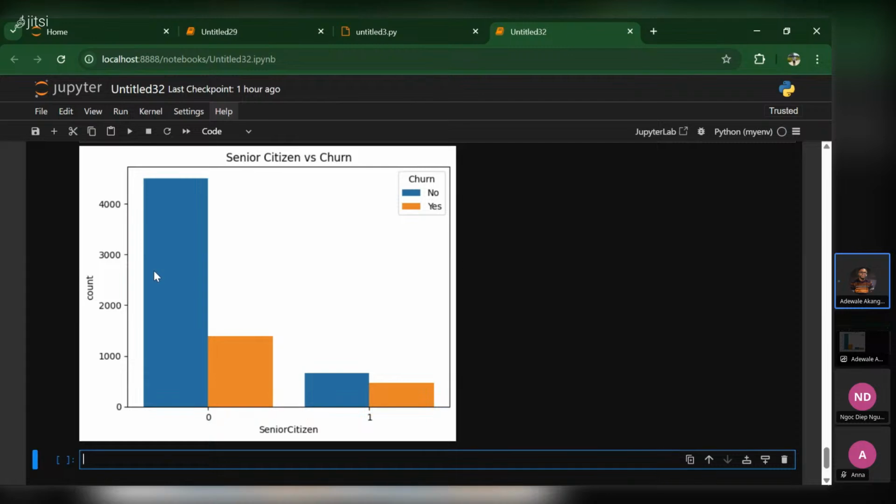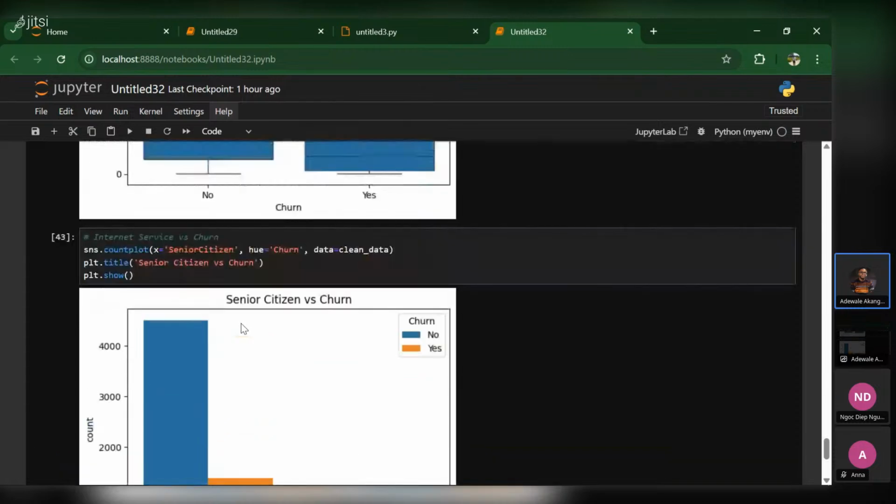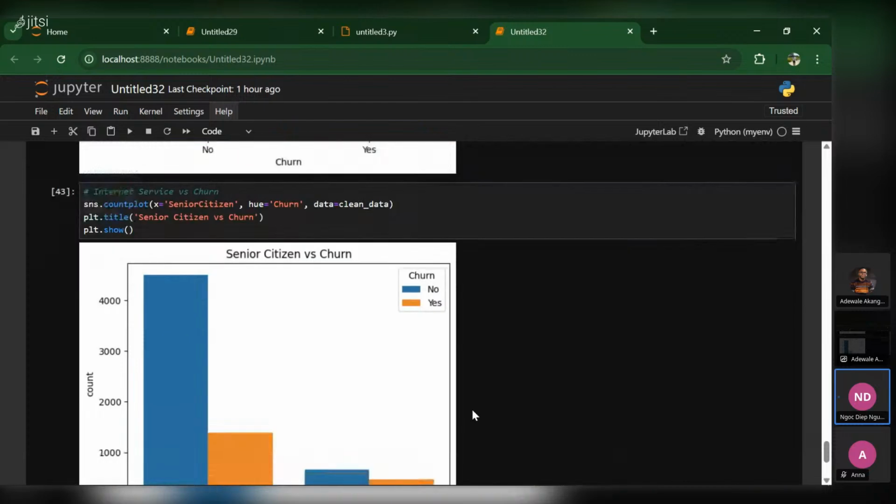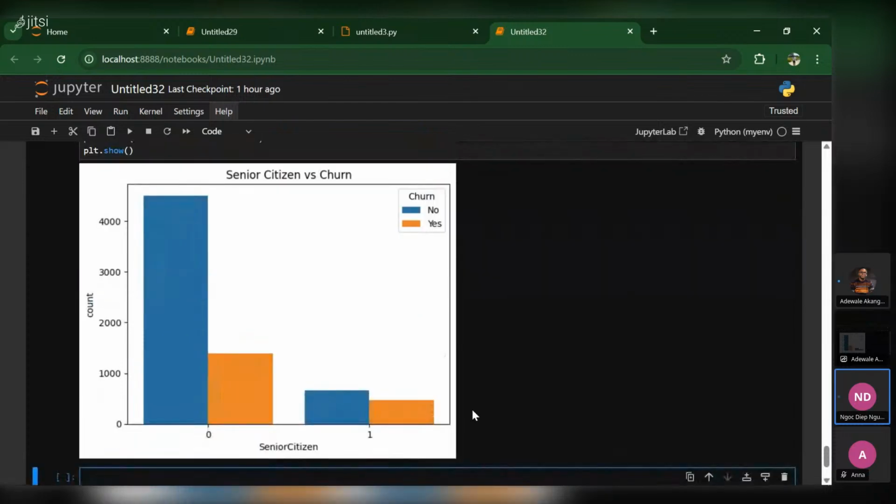That makes sense. So let's conclude that this column stands for customers that are not senior citizens, while this other side stands for senior citizens. Yeah, so that's that. Maybe older people don't have as much of an impact as younger people do. Exactly. So we cannot use that, it means being an old person is not a factor of why